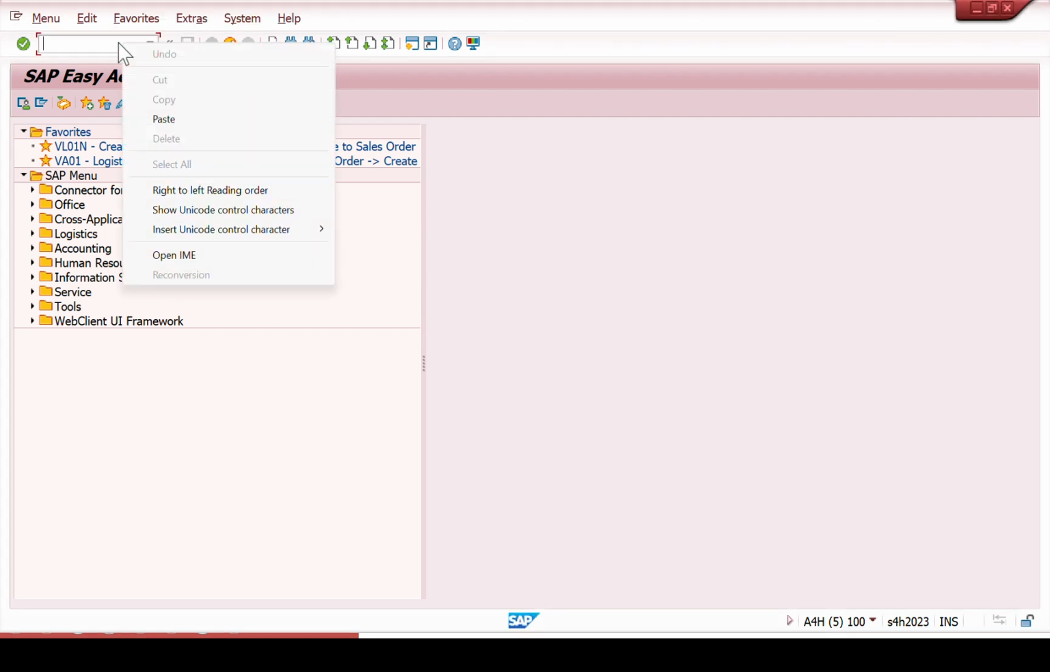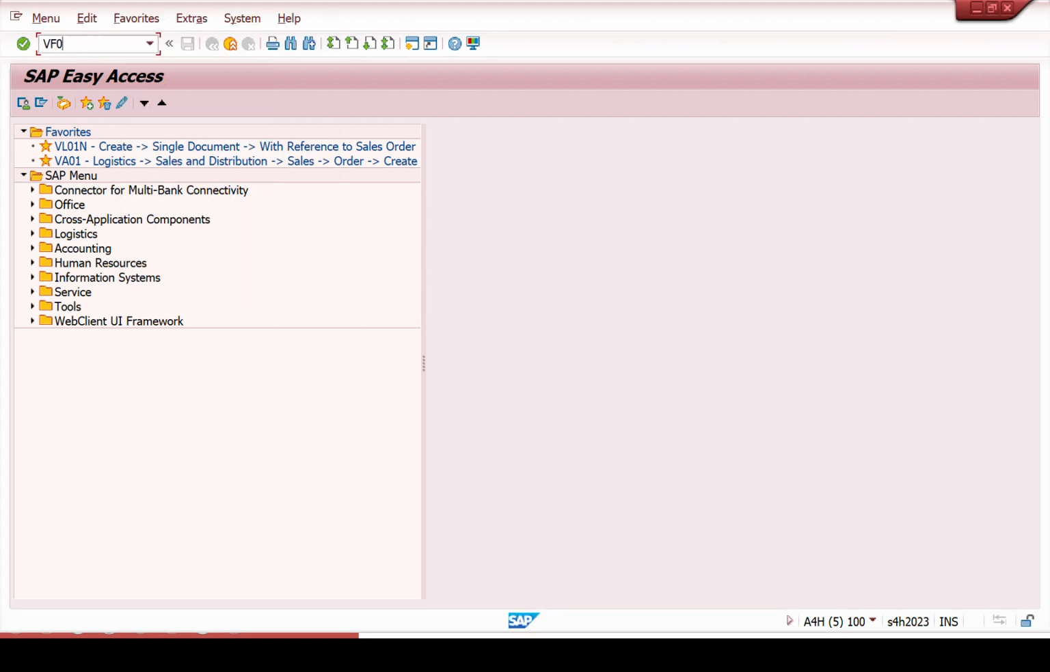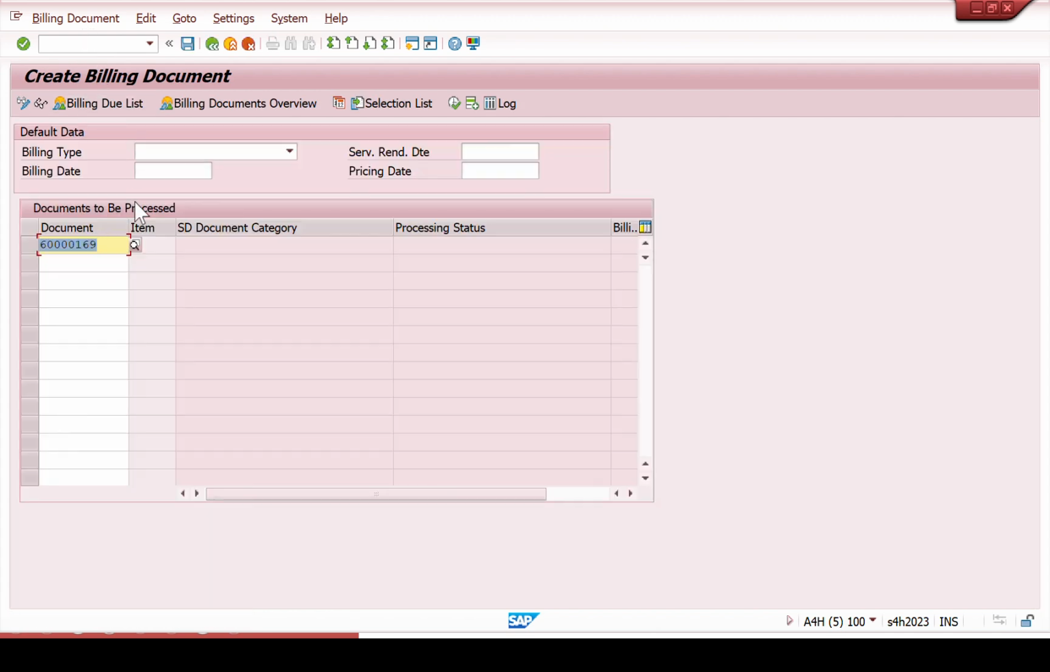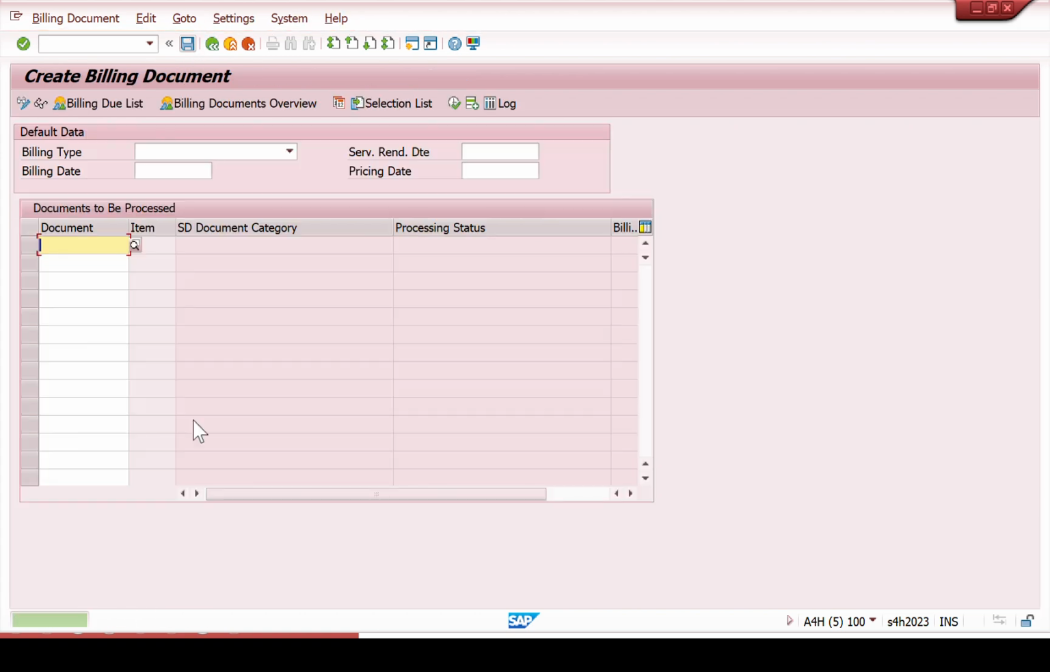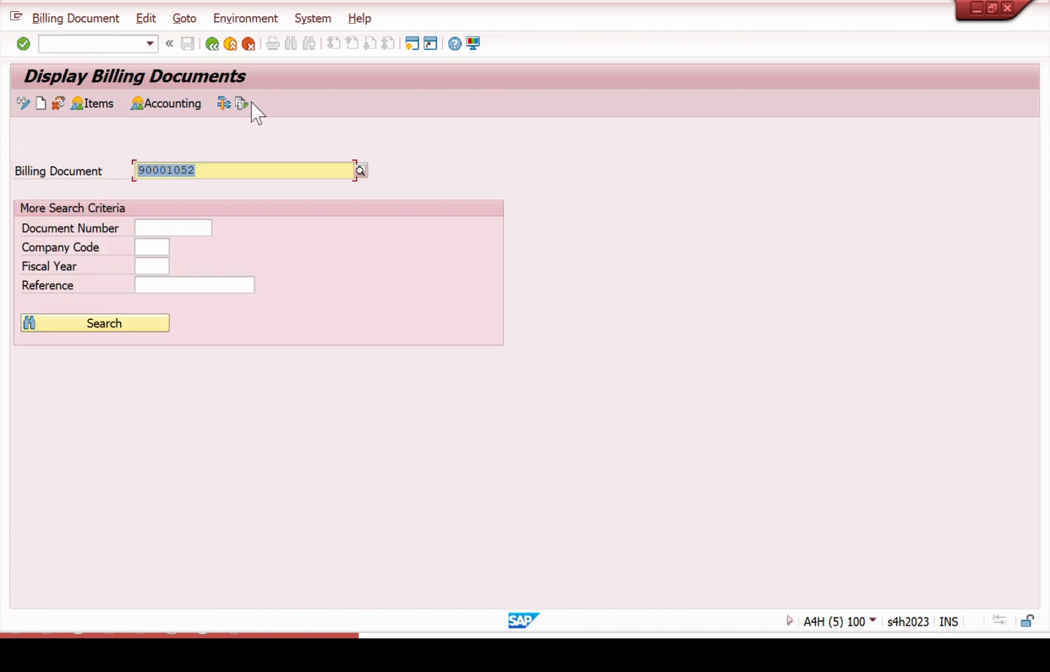So if I go to VF01 again, VF01, and if I go for billing, you can see our K2 document came here and the amount is 200. Okay, let me save it. Let me save the billing document. Save. Document has been saved. So if I go to VF03 and check the flow,